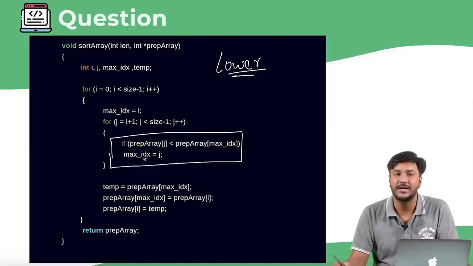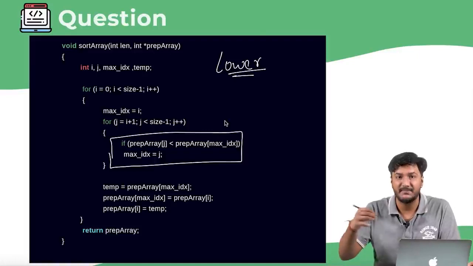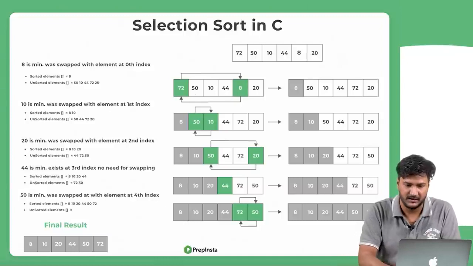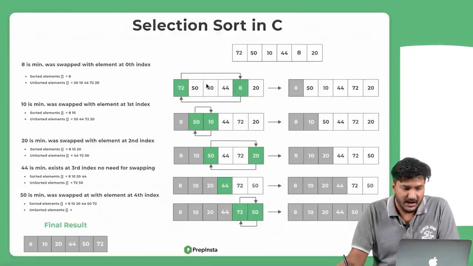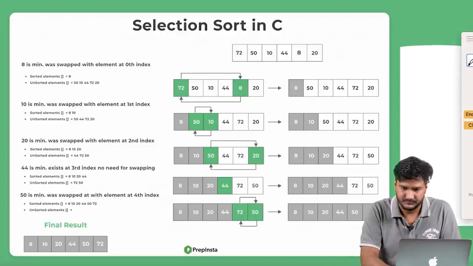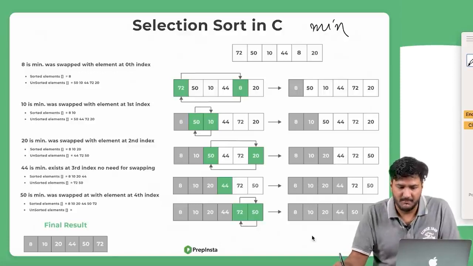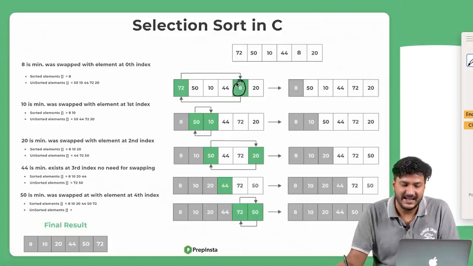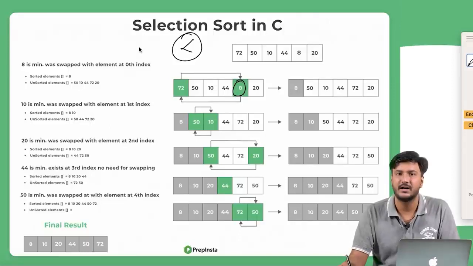You should not be doing that. Rather, you are supposed to find the maximum value. If we go back to this particular question, here I'm supposed to find the minimum value. Just give me a second. Here I'm supposed to sort in ascending order, which is why I'm finding the minimum value. I am only storing the j index, the index of 8, 10, 20 and 44, when any value is smaller than the current index value.